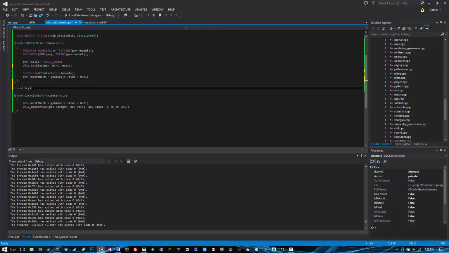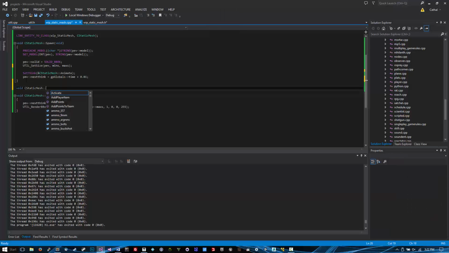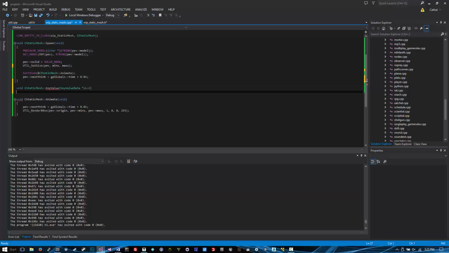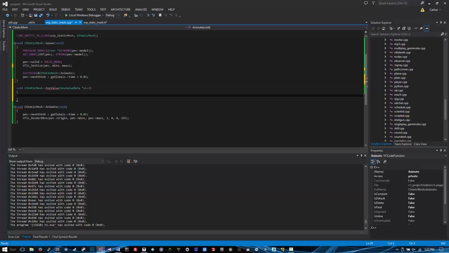Key value, I need to put reference to our class key value data. Whoops. Key value data, and needs a pointer to key value data. Okay,